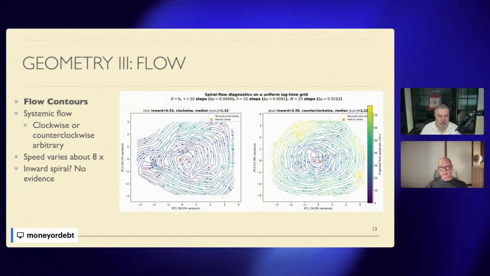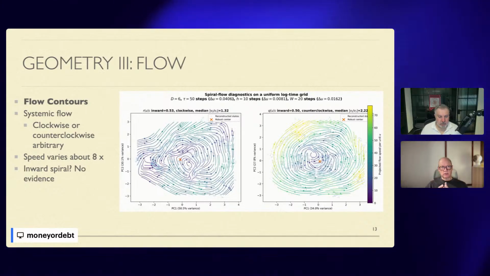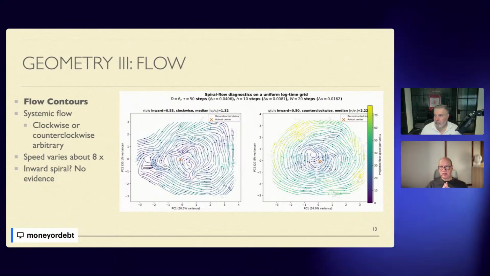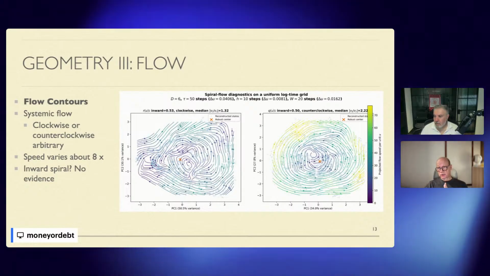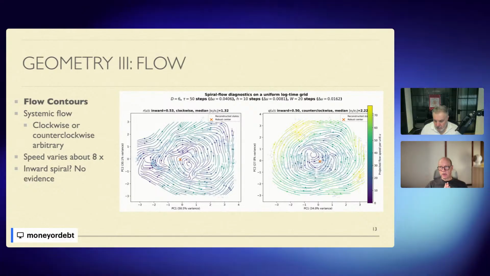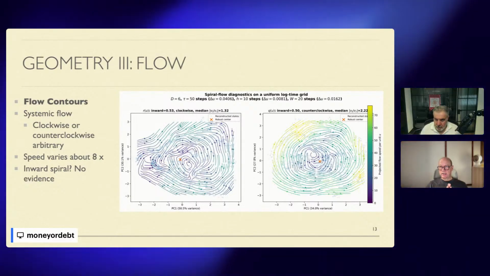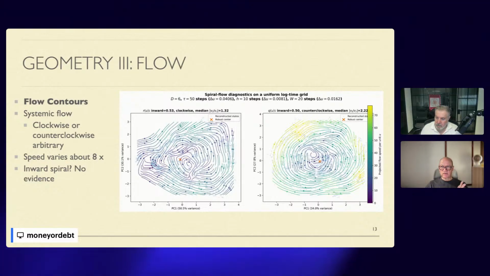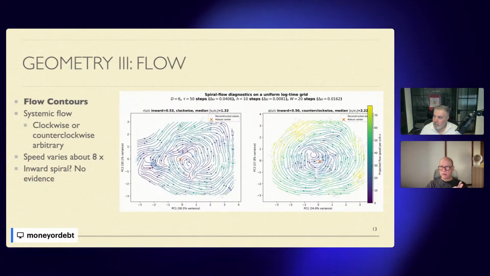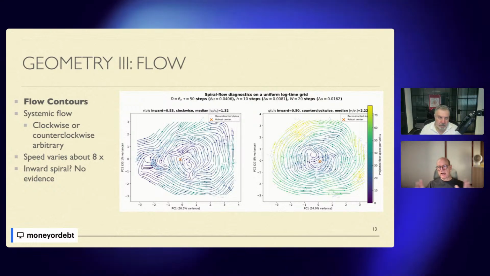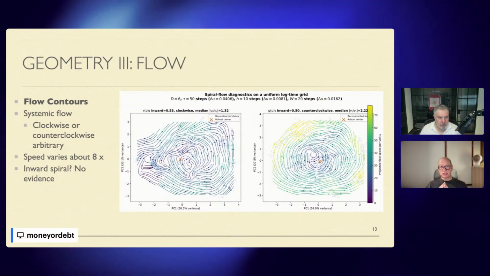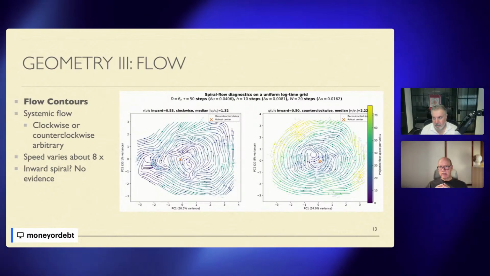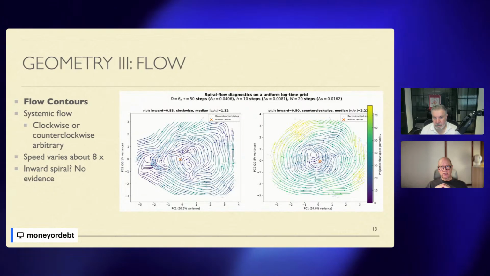But the important thing is that you seem to have persistent circular flow, even though the speed is varying rather greatly. You see that more so with the second order residuals on the right, that there's a variation in the speed, which is color coded, by as much as a factor of 8 as you go up into the yellow zone. And those tend to be on the outer reaches, not surprisingly. There's no evidence that we're getting an inward spiral. We don't see that in either case.